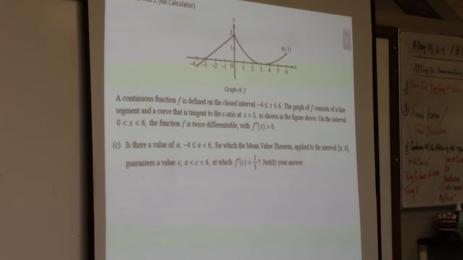All right, now, is there a value of A over that same interval for which the mean value theorem applied to the interval A to 6 guarantees a value C for which f prime of C equals 1/3? Is there any value A that we can actually use there where we could have a value of 1/3 for our average rate of change? Well, what do we know about all the values over here? We can go ahead and exclude those because, if we choose any value over here,